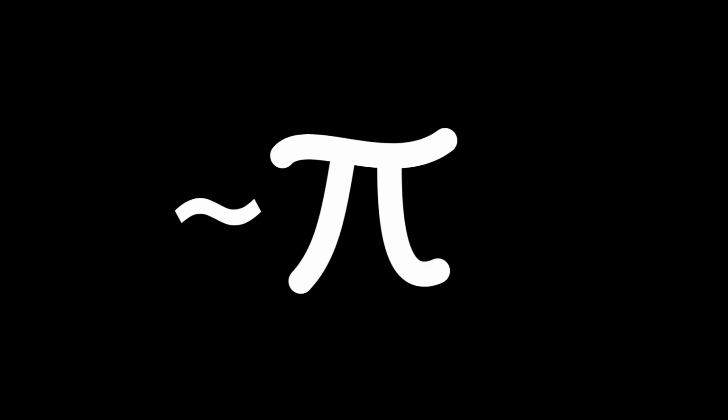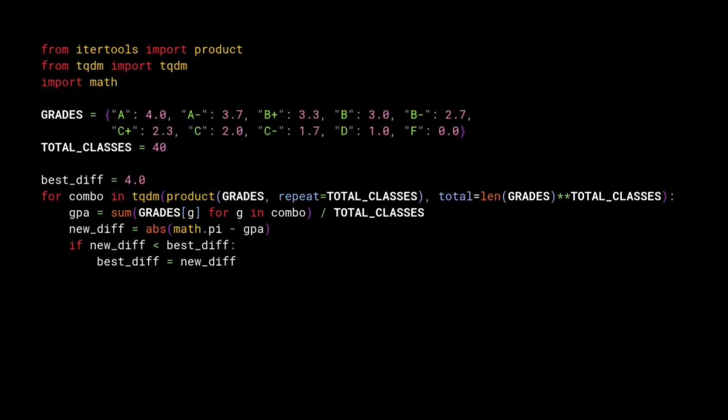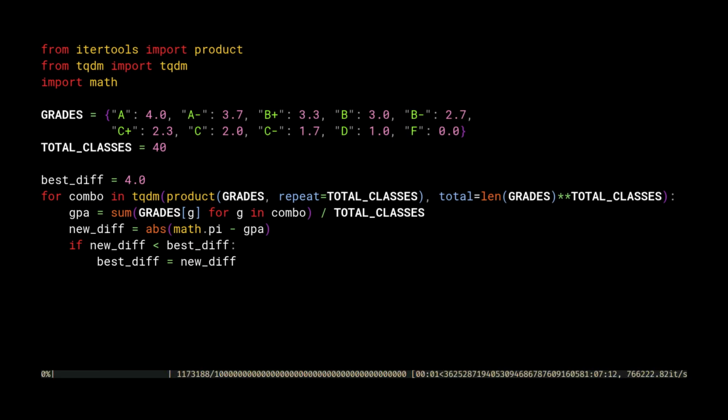The most straightforward approach is to just go through every combination and record the best result for the end. Let's make this in Python real quick. This is taking a while, so as we wait, let's see how many possible combinations there are. We have 10 different possible grades for 40 total classes, so that gives us 10 to the 40th power combinations. So obviously the brute force approach is horrible,